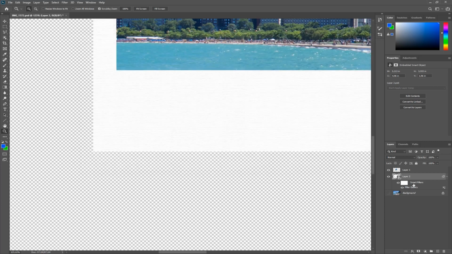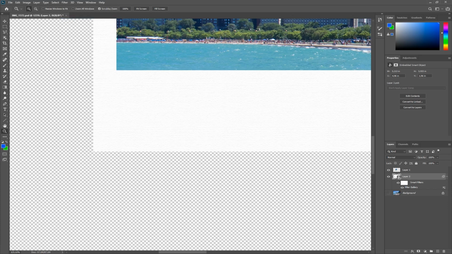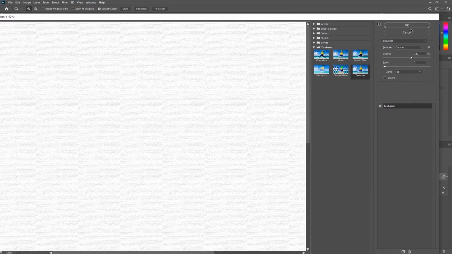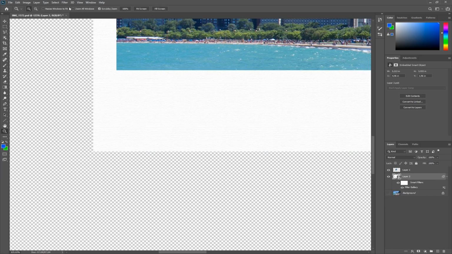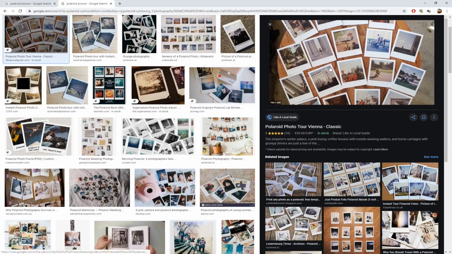So in this case, turn it into a smart object, select the layer, filter, and filter gallery. It always opens in the other window, okay? Cancel. The next thing is, when you take a look at your Polaroid images, you see that they all have